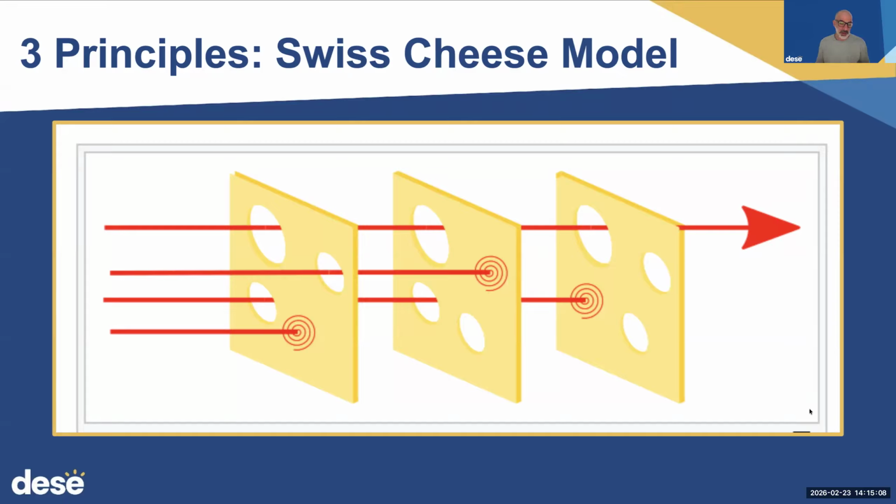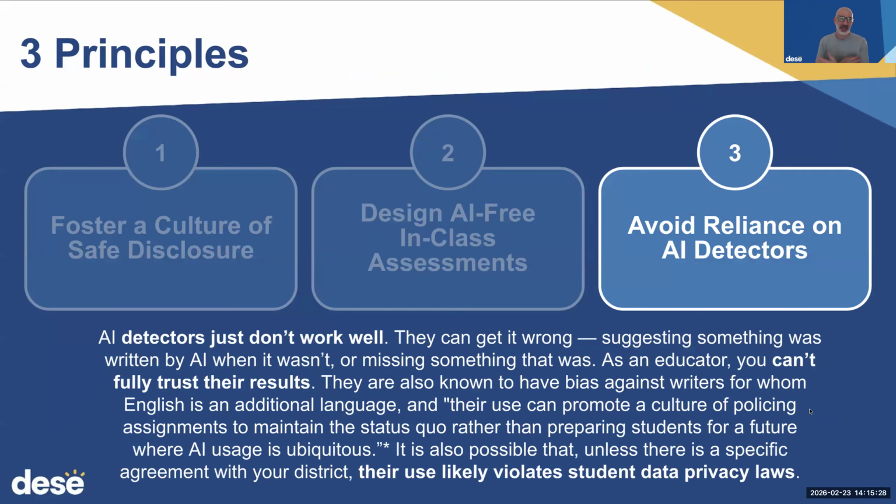Think of maybe pairing together an in-class debate with a Socratic seminar, with maybe a piece of artwork to express understanding, with a timed writing task, with a digital experience. So, all these different ways to check for student understanding where generative AI can't hopefully make a through line against all three of those. And the last principle here is we like to think about avoiding a reliance or an